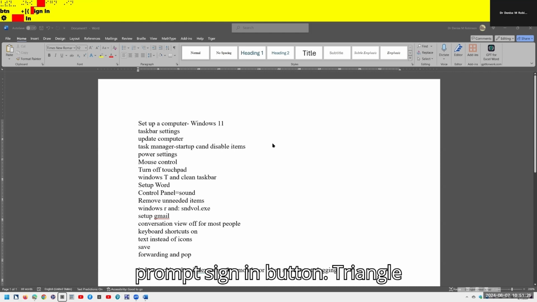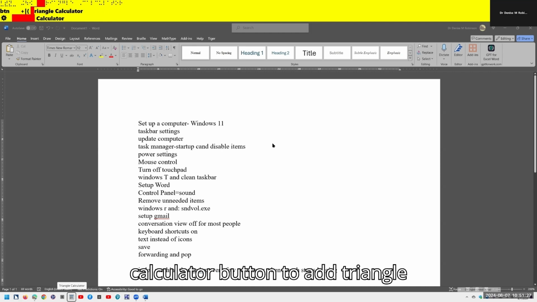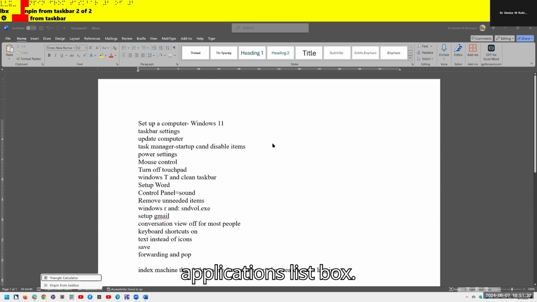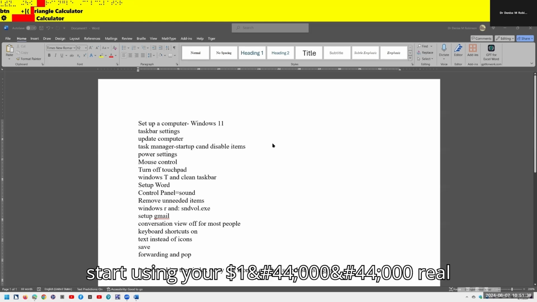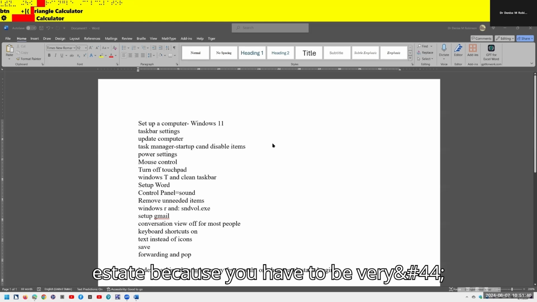I'm going to hit my applications key and unpin that. Unpin from taskbar. Okay. So go down, clean up that taskbar, and start using your $1,000,000 real estate, because you have to be very, very careful nowadays in assigning keyboard commands,